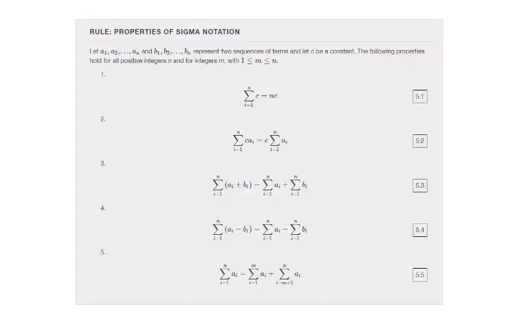All right, let's check out the properties of sigma notation. These are very similar to the properties that we've seen with limits, with derivatives, and with integrals for the most part, except for maybe this last one, which is a little specific to sigma notation. But the first one is, if we take the sigma of a constant, then it's just n